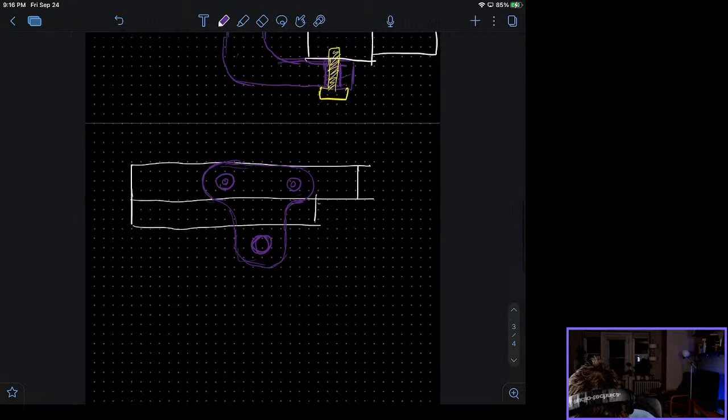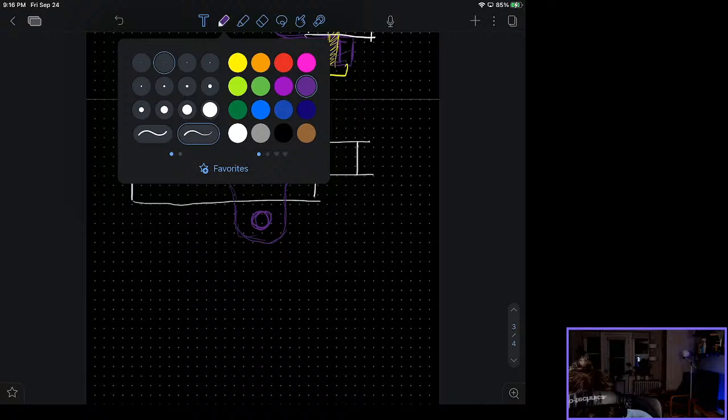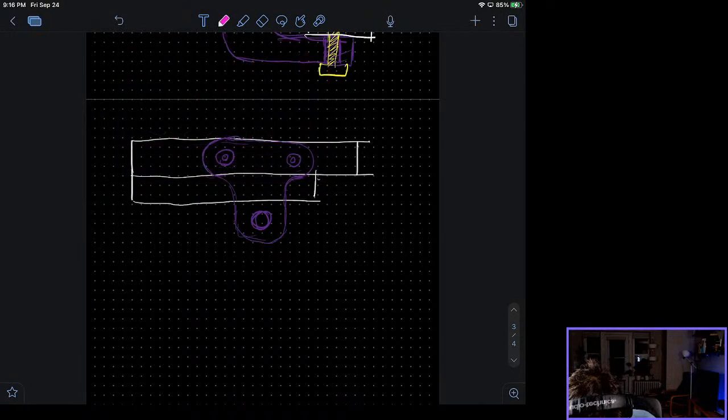So that's gonna be part number one. And then let's say part number two will have the same hole, and we'll have a rounded end like that. Maybe not, because I'm gonna have to print it like this.